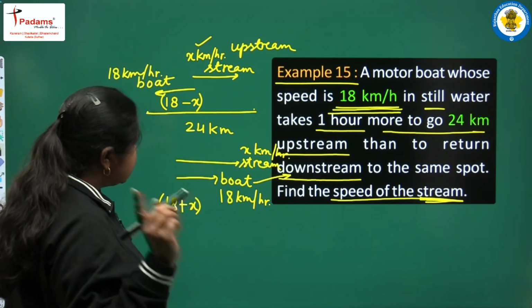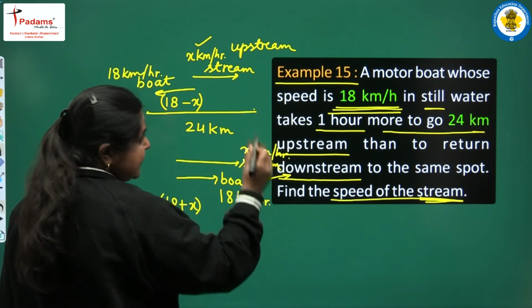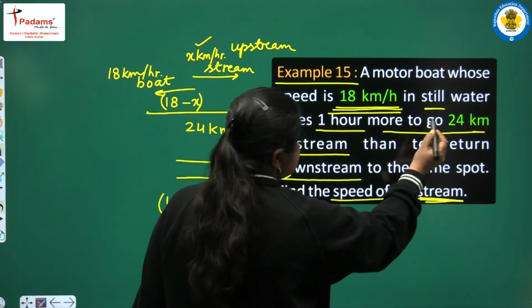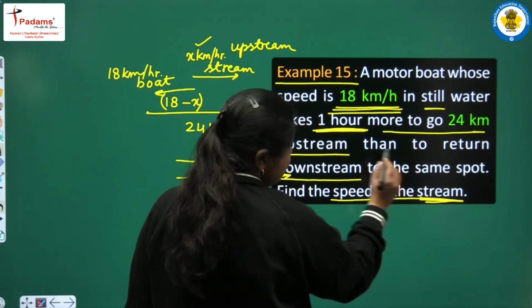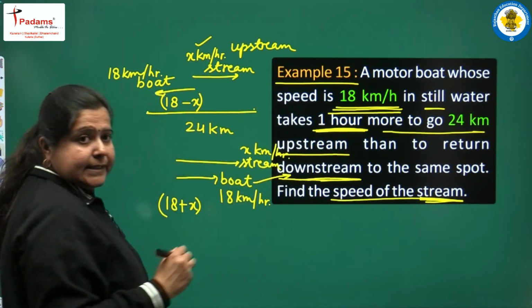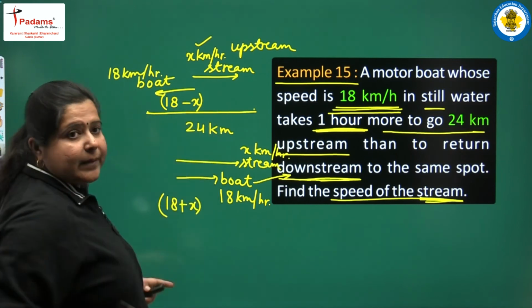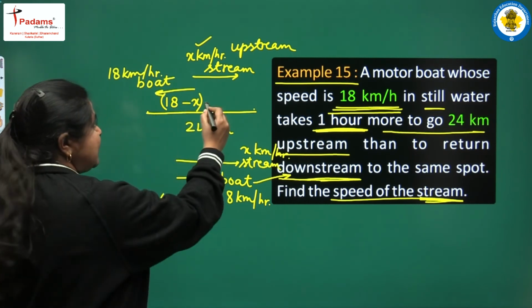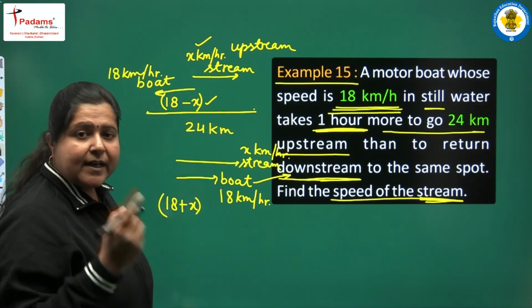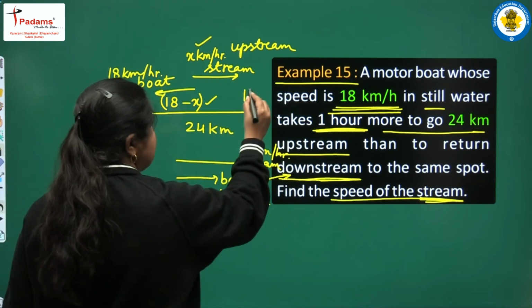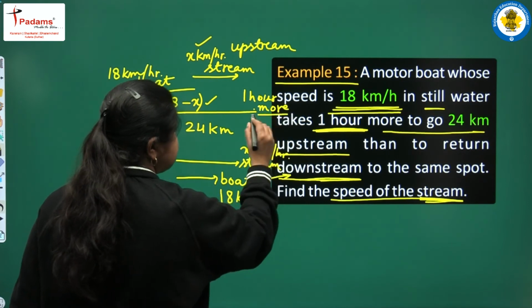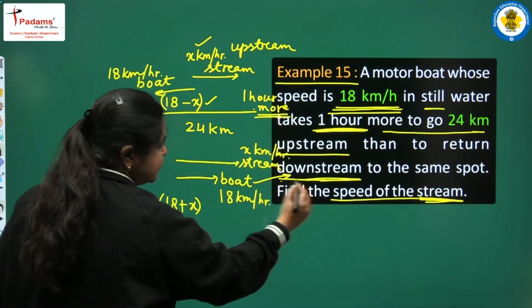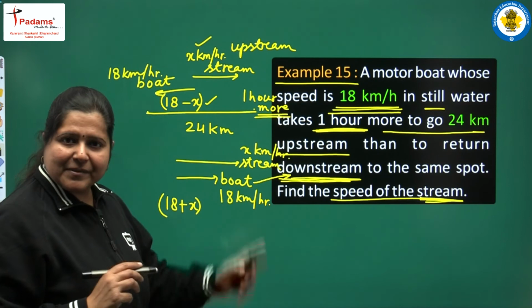गेटिंग द पॉइंट. Now it has been said that while moving upstream the time taken is 1 hour more than the motion in downstream. जब दोनों रिवर्स डायरेक्शन में जा रहे हैं तो ऑब्वियसली क्योंकि स्पीड कम हो रही है तो टाइम ज़्यादा लगेगा, और ऐसे केस में टाइम 1 hour मोर लग रहा है देन द टाइम टेकन बाय द बोट इन डाउनस्ट्रीम मोशन। बस अब इस सब को रिप्रेजेंट करते हैं।